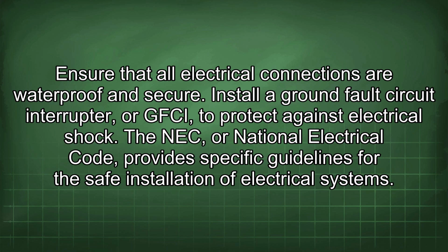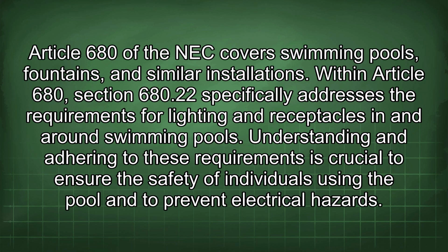The NEC, or National Electrical Code, provides specific guidelines for the safe installation of electrical systems. Article 680 of the NEC covers swimming pools, fountains, and similar installations. Within Article 680, Section 680.22 specifically addresses the requirements for lighting and receptacles in and around swimming pools. Understanding and adhering to these requirements is crucial to ensure the safety of individuals using the pool and to prevent